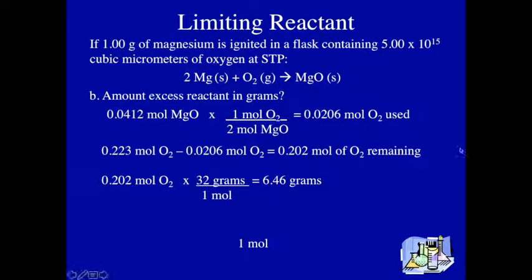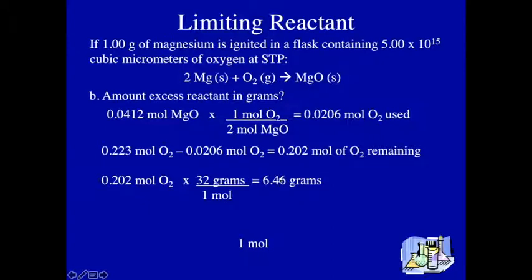Once I find out how much of my oxygen's been left over, I just go from moles back to grams, keeping in mind this is oxygen gas, O2, therefore the gram molar mass is 32 grams and not 16 grams because it is O2. That's why we always must keep track of our subscripts and our coefficients, 2 very important things to remember. So we get 6.46 grams of our